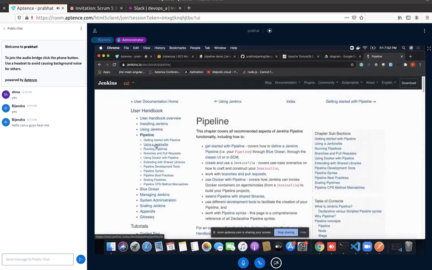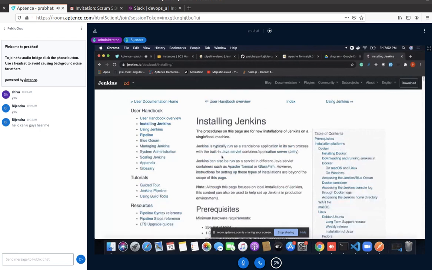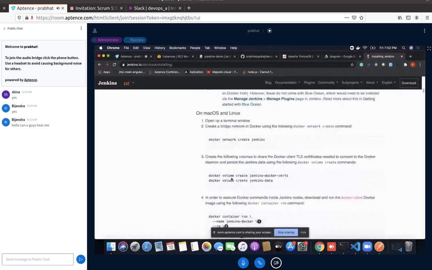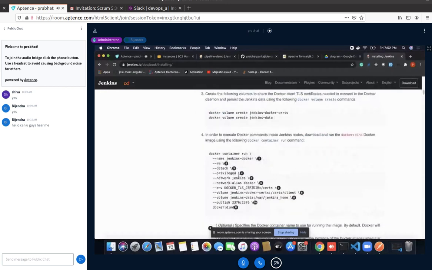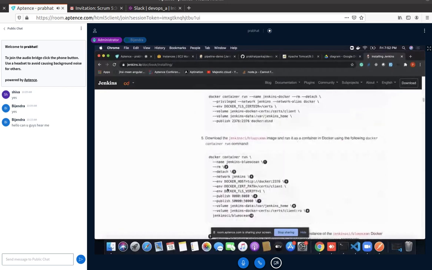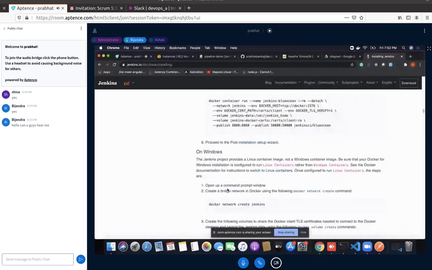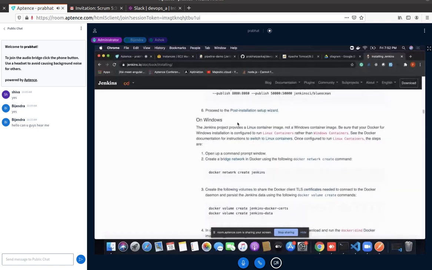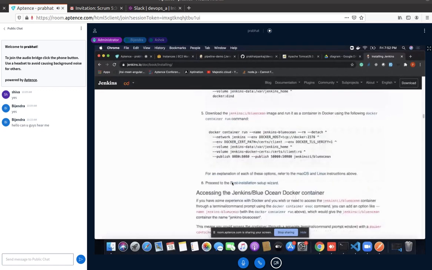Let's say I need to install plugins. See here, you should have gone through this one. Take the example of Jenkins. So far we have learned how to install Jenkins on Ubuntu and CentOS. Now you can get information from here. These are Docker and these are MacBooks; we are not using Mac at this stage. See here, on Windows you can install it, and this is how you do it.